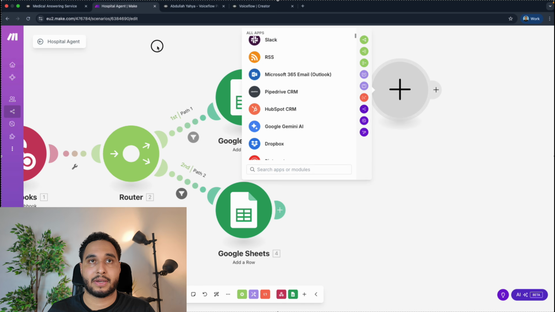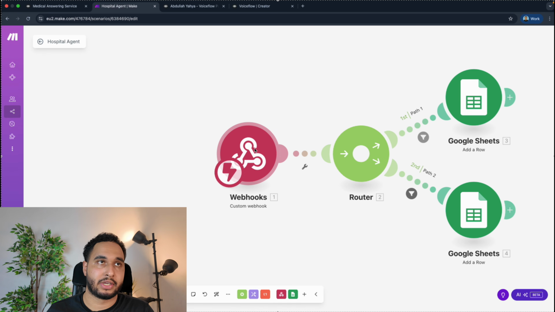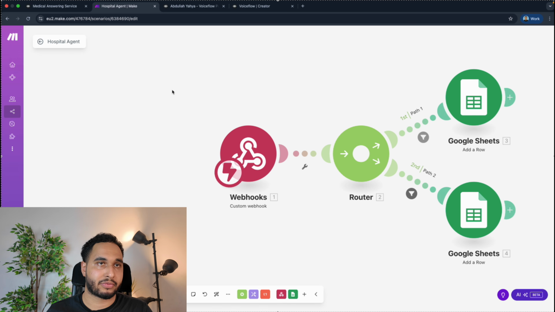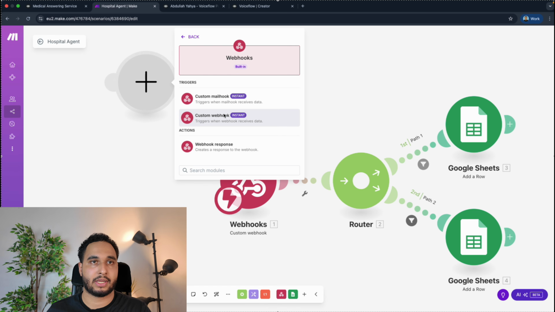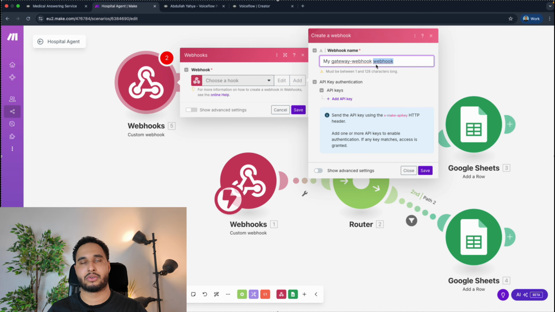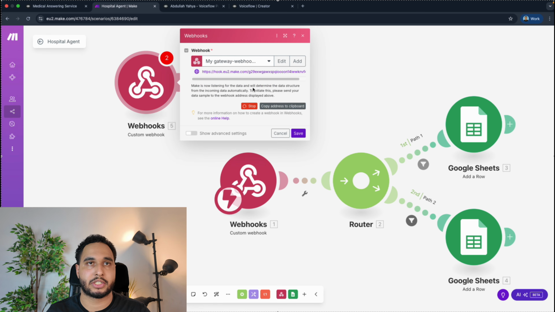And yeah, so the first thing you need to do is sending data to Make.com. So I will show you quickly how you can do this. You have to create a module first. The module will be the webhook module. So let me show you quickly. The webhook module, and then custom webhook. You need to create a custom webhook. You can give it a name, and then it will generate a webhook URL. And this webhook URL, you have to save it. So click on save, and then